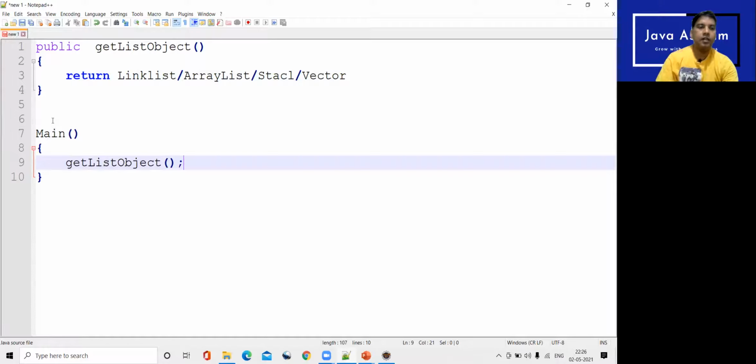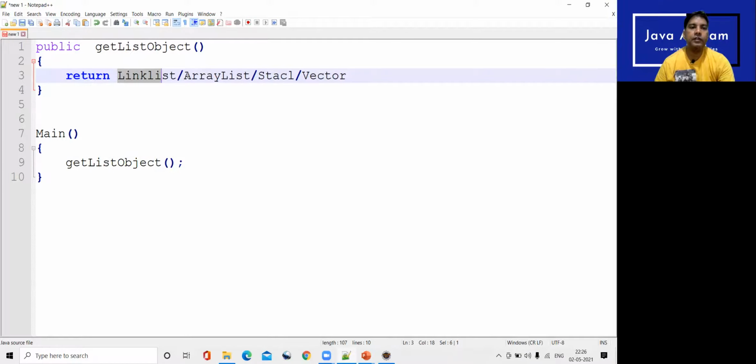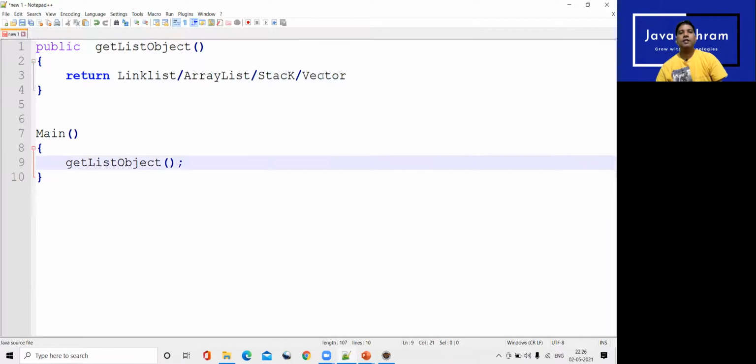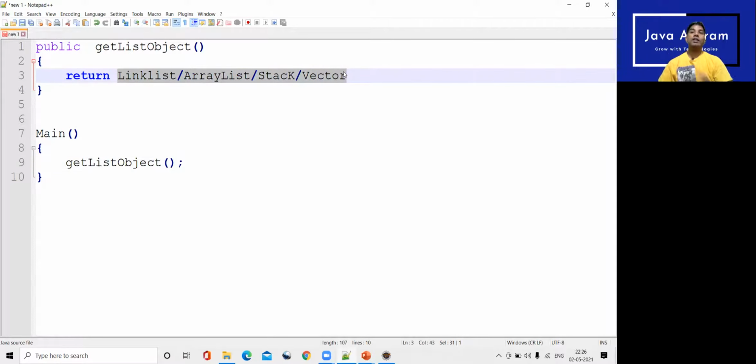okay, and based upon the functionality, either it will return the linked list object, or the array list object, or the stack object, or the vector object, right? So which kind of object it will return, we don't know. So at runtime, your program will decide what kind of object to return from this method. Okay, so what kind of reference variable will you define to hold this kind of object,